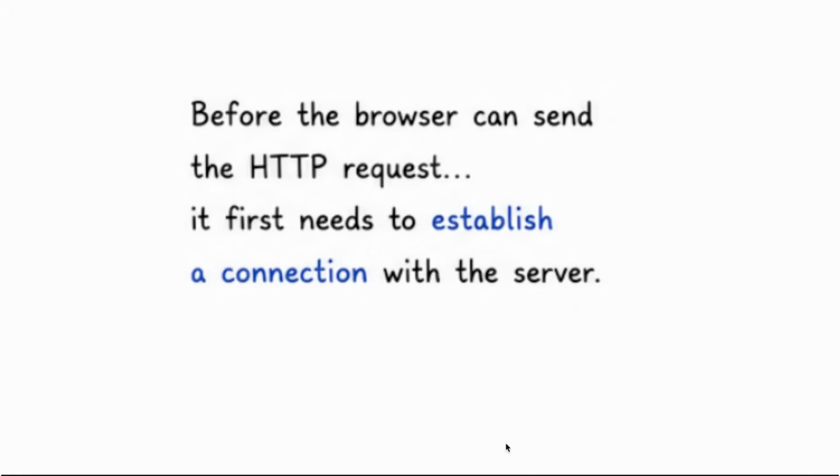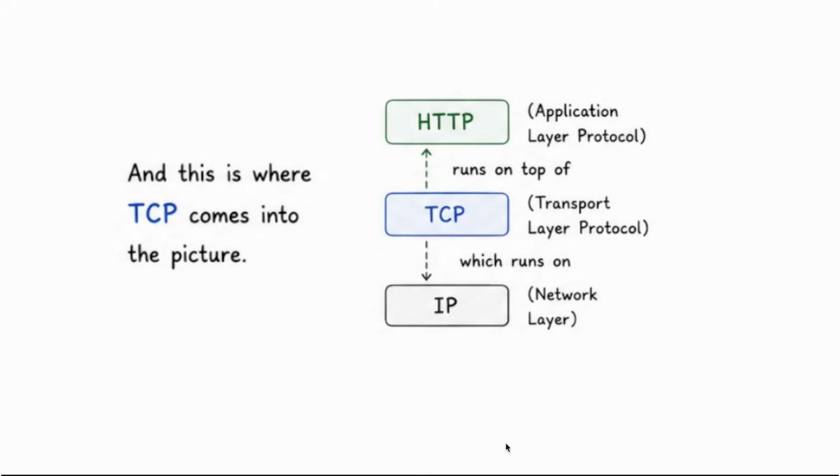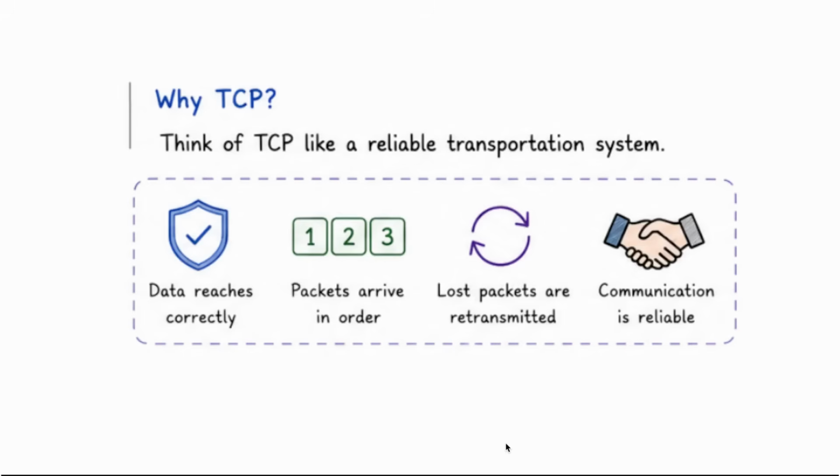Now, before the browser can send the HTTP request, it first needs to establish a connection with the server. And this is where TCP comes into the picture, because HTTP itself is just an application level protocol. HTTP does not directly send data across the internet. Instead, HTTP runs on top of TCP. You can think of TCP like a reliable transportation system. Its job is to make sure data reaches correctly, packets arrive in order, lost packets are retransmitted, communication is reliable,